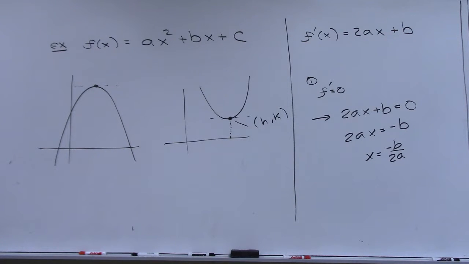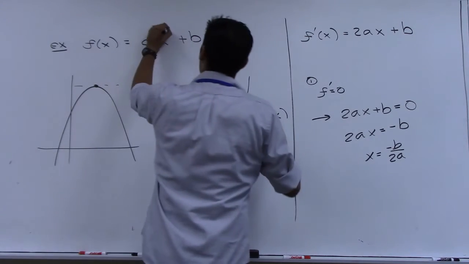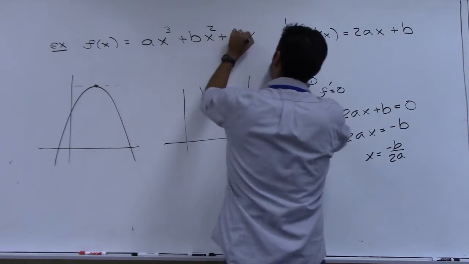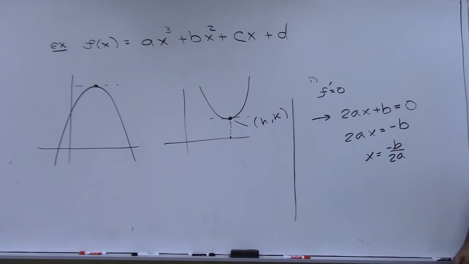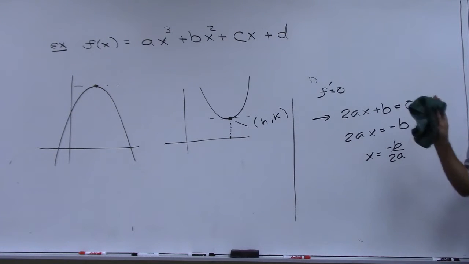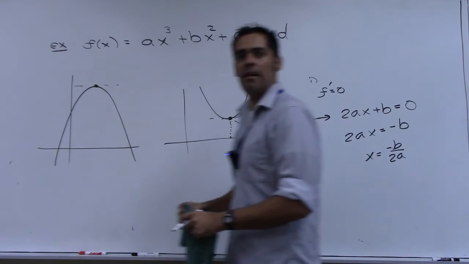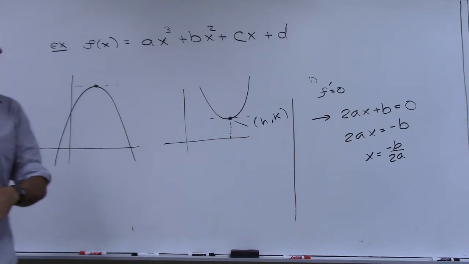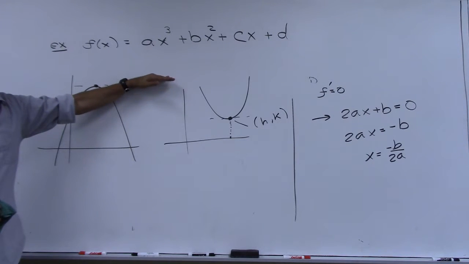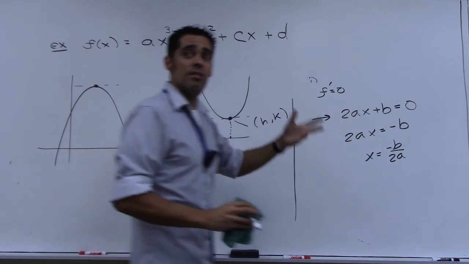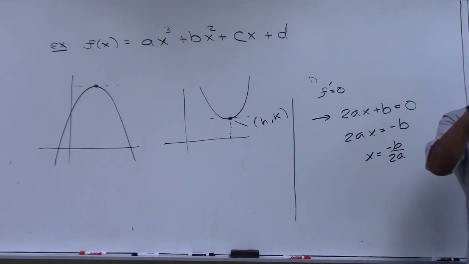Could you do something for a cubic? Imagine someone gave you an arbitrary cubic function. Could you come up with the formula that would tell you where its maximums and minimums occur? You take its derivative and set it equal to 0, right? And if you take the derivative of this, you're going to get a quadratic equation, aren't you? And you can solve a quadratic equation. So you could actually come up with a general solution for where a cubic function would have maximums and minimums.